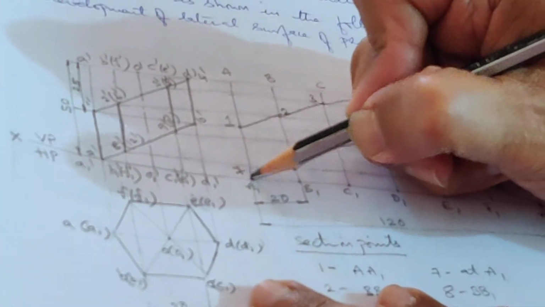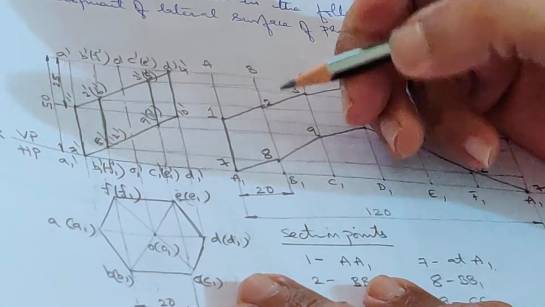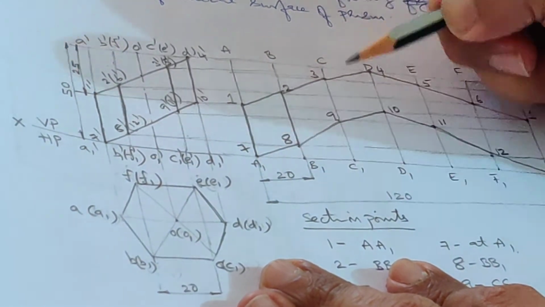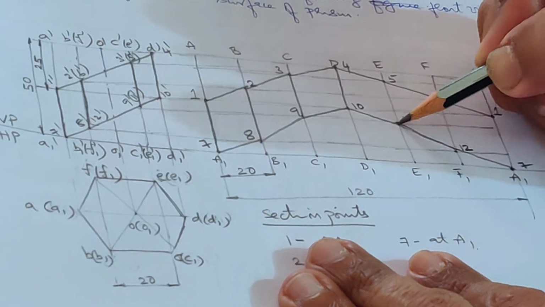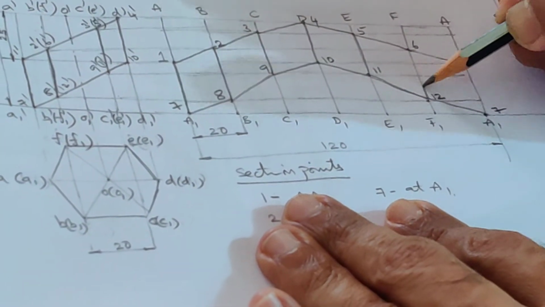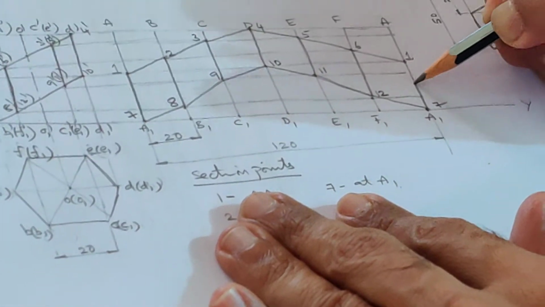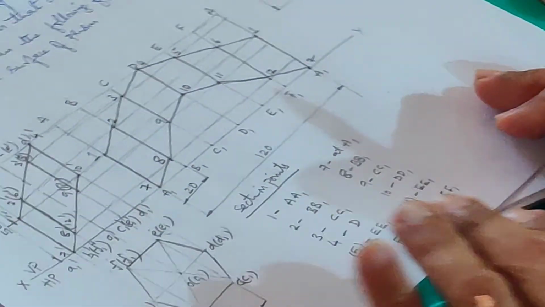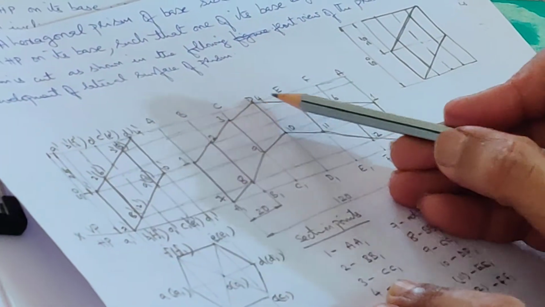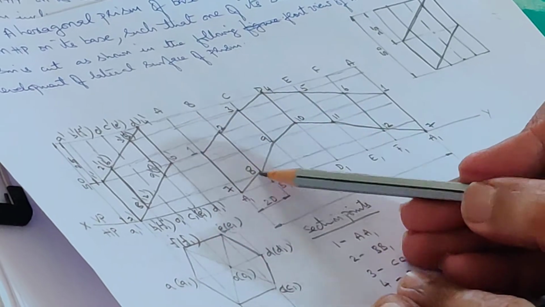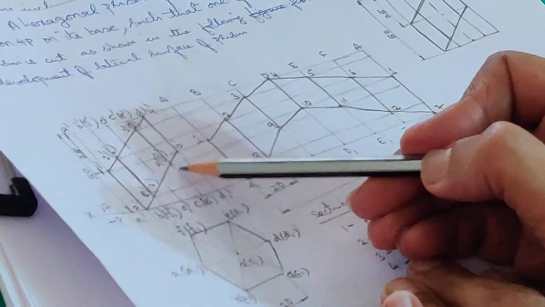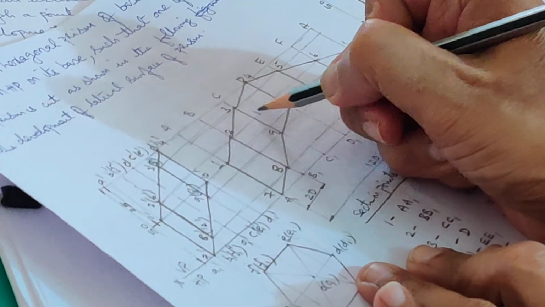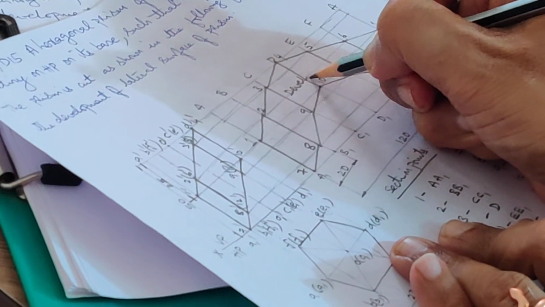So this is the place where you need to fold the sheet, which will be shown dark. This is the place, what I am drawing now, where you need to fold the metal sheet. So those will be highlighted. So this is the size and shape required if you want to make this portion of the prism. Okay, so this you will write here: development.